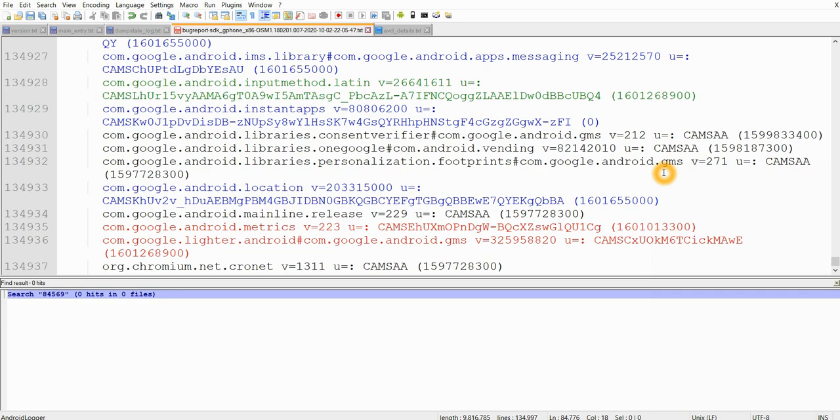So that is what I wanted to show you all today. What are the information present in bug report? So this file is little large, it may be confusing. So in my next tutorial, I'll be using a tool to segregate different types of logs, how to make the bug report analysis more easier.